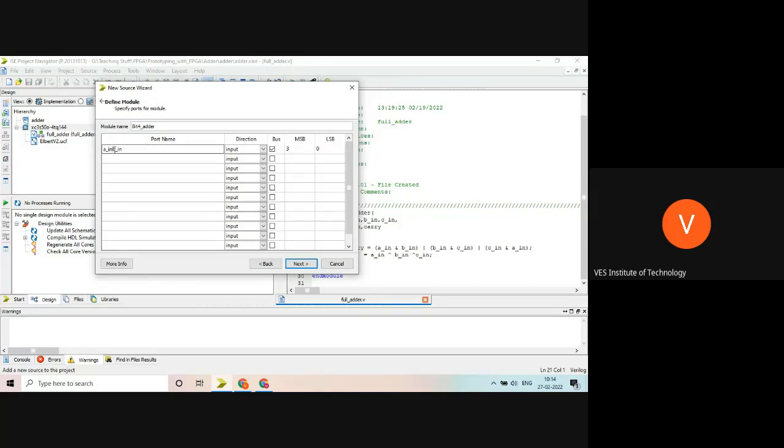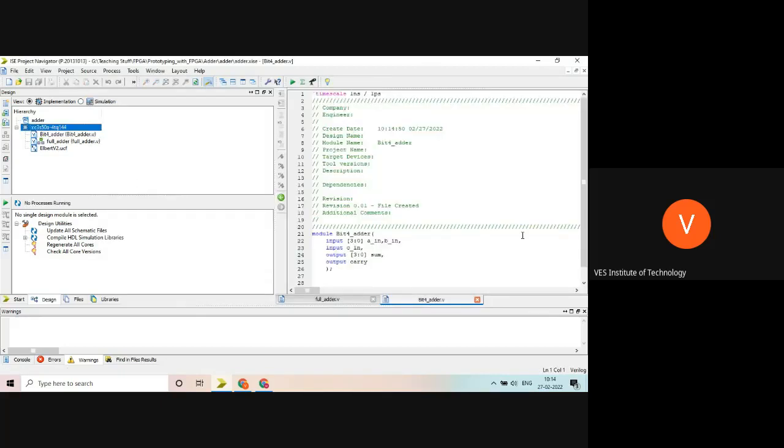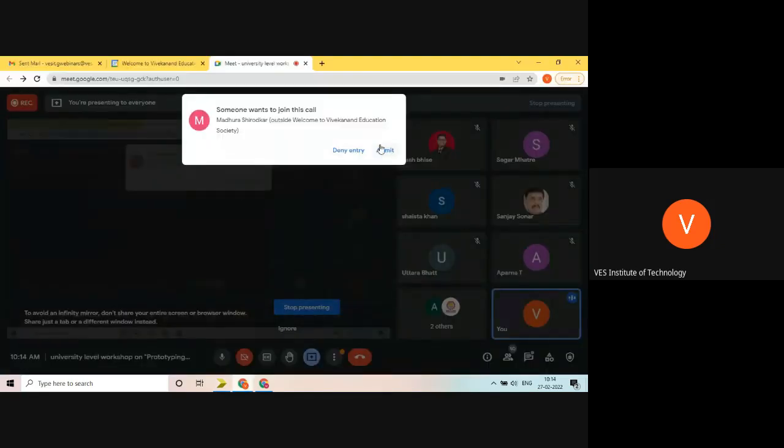Next, C in of 1-bit only, and sum is the output of size 3 down to 0, and carry is 1-bit. Next, finish. Please finish this part up so we can start the next part.